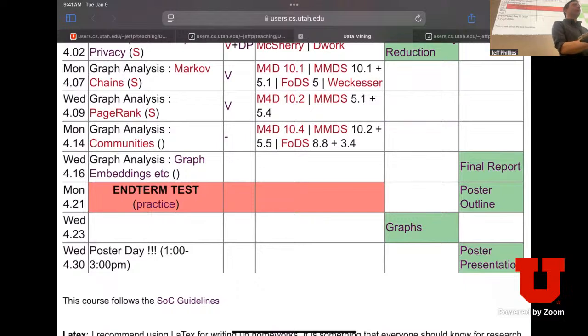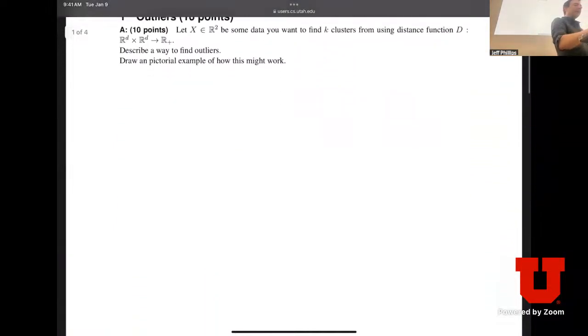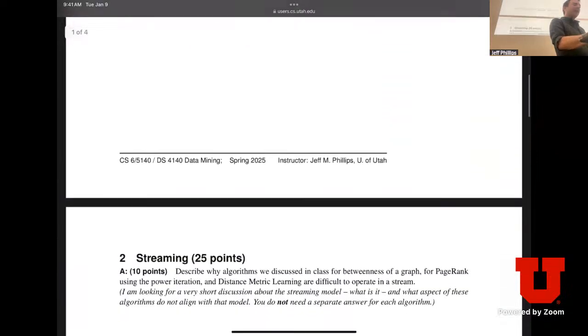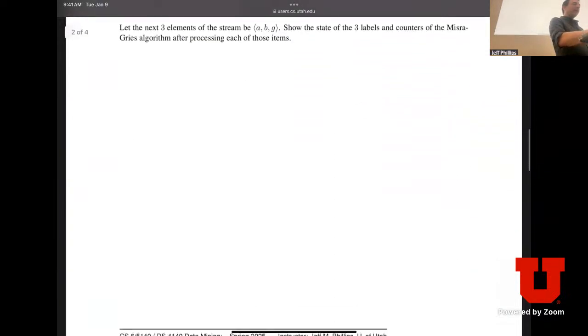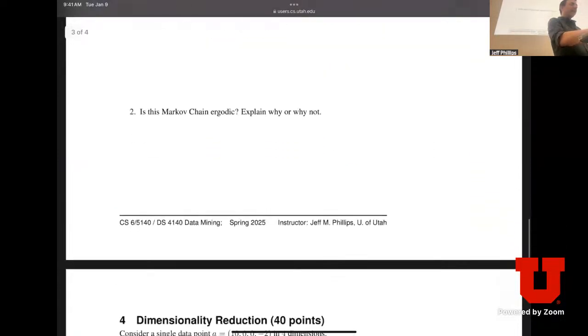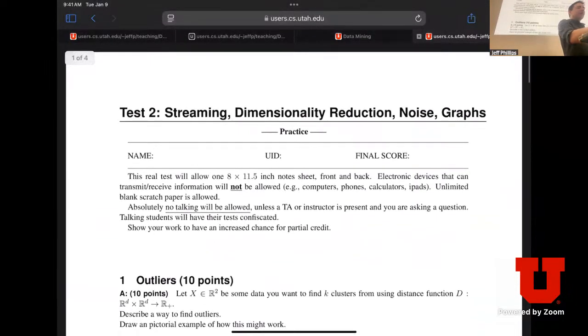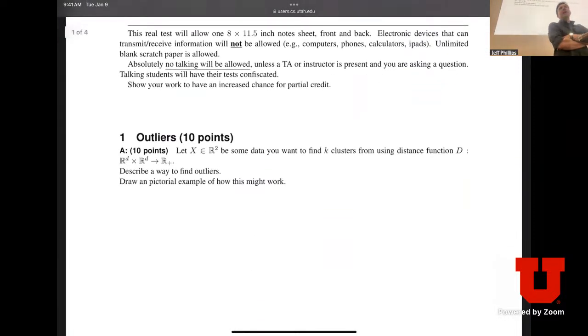Okay, so I've posted a practice version of the interim test. You can find the link right here. Okay, I already opened it. It roughly covers the topics that the interim test will be on: outliers and noise, streaming data, graphs, and dimensionality reduction. Some of the questions I wrote so that they're open-ended. I think it'll be good practice for you to take the practice